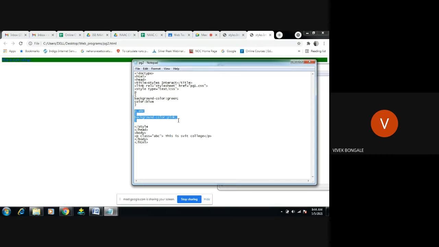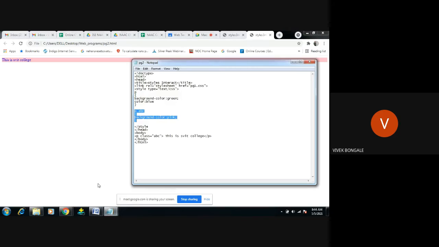So according to us, if I execute this program, the background color should be pink. We'll check whether the background color is pink. See, this is pink, correct? So what I said: whichever is latest, or nearest, has more precedence than the farthest or the oldest one. So what I will do, I will cut this.